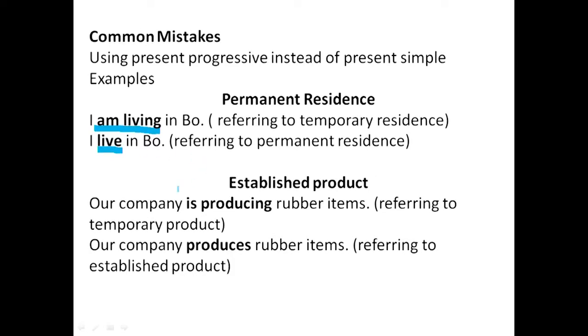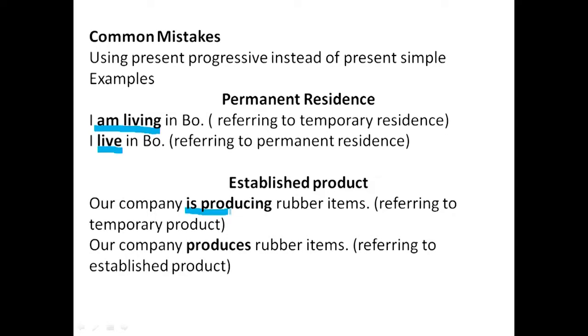Okay? So, of course, we come down to another kind of mistake. Let's say a company is established to produce rubber items. Okay? The company is solely established to produce rubber items, of course, and that's its permanent product. So if you use the present progressive with such an idea, you are of course going into mistake. So our company is producing rubber items. Well, if you mean the company is solely established to produce rubber items, this tense is wrong, because we cannot